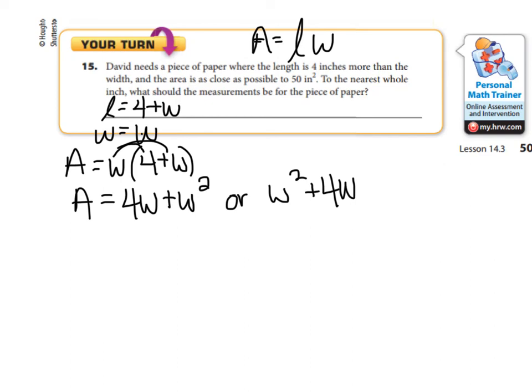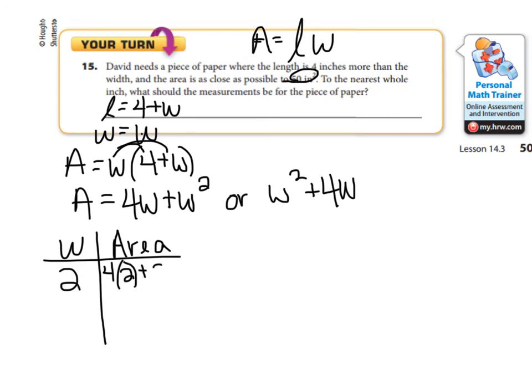So the area for the piece of paper is 4W plus W squared, and we want the area to be as close to 50 inches as possible. So let's start. We're going to make a little chart here with area. So if the width is 2, let's just start there. Then we would have 4W, 4 times 2, plus 2 squared. So that would be 8 plus 4. Well, that's not anywhere near close to 50,